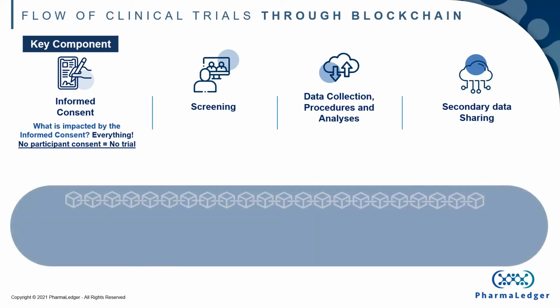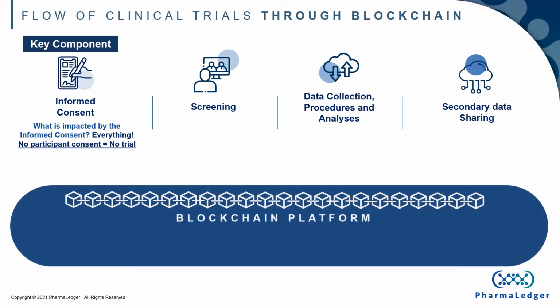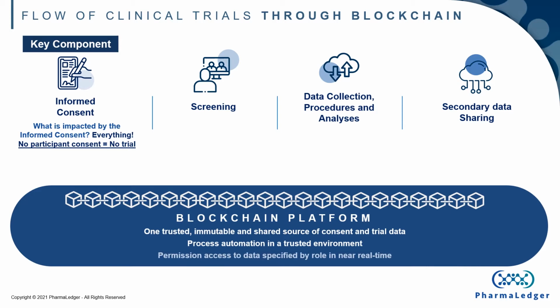The blockchain technology can help address issues we currently see related to the protocol compliance, the completeness of data, and the quality. It is one shared source of truth which adds immutability, automation, trust, and real-time updates. Since the informed consent is a key component, it can help manage this proposed automated process. Because of this, we would like to see how the blockchain can help with the whole process by incorporating the informed consent, as it can help manage the key aspects that need to be done before the trial starts and as it progresses.